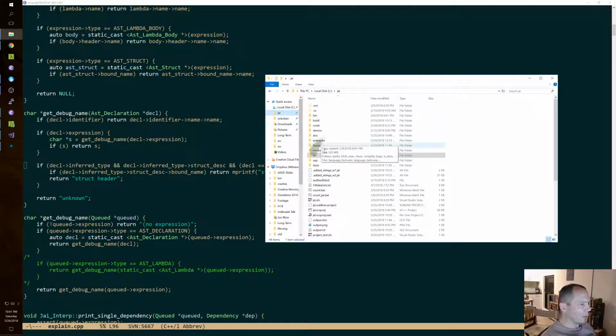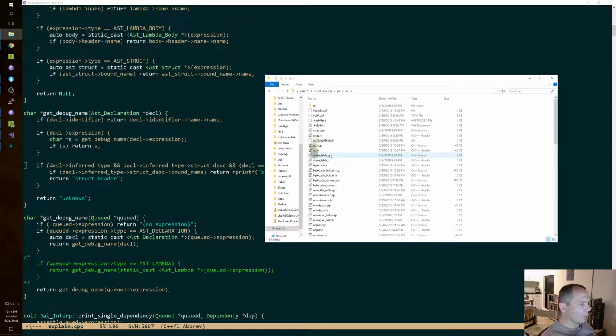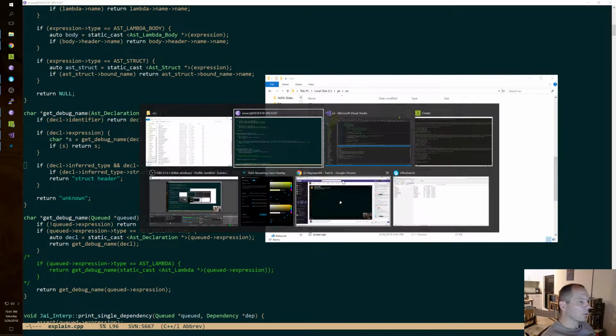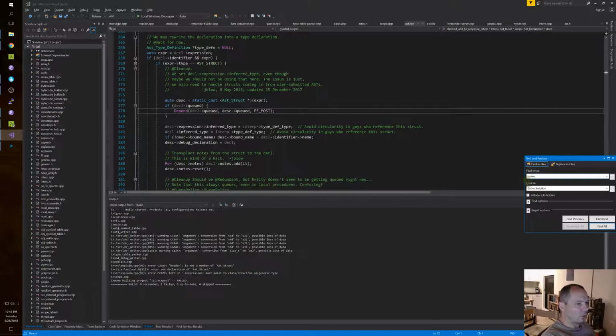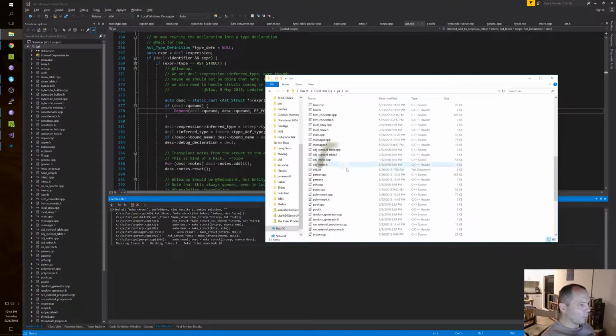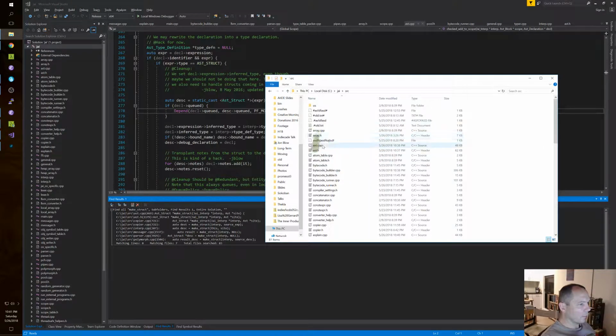If I go back and look at where make struct was, it was in parse ask.cpp. Let's go look at that. I believe we just assign it to the struct.